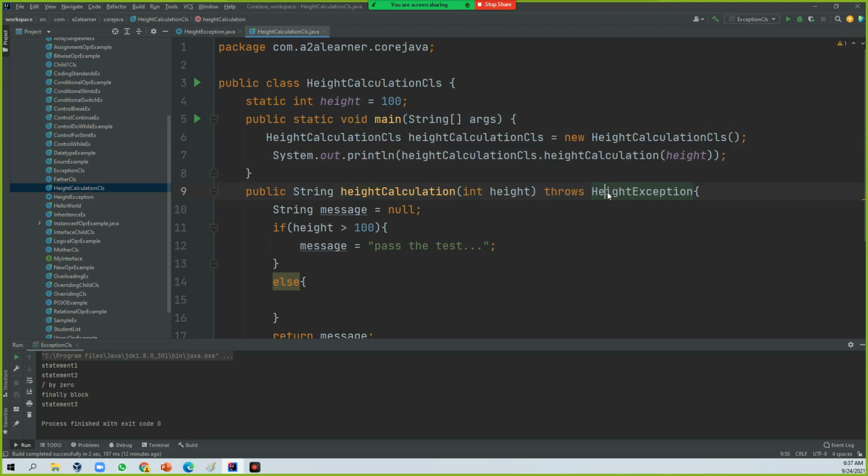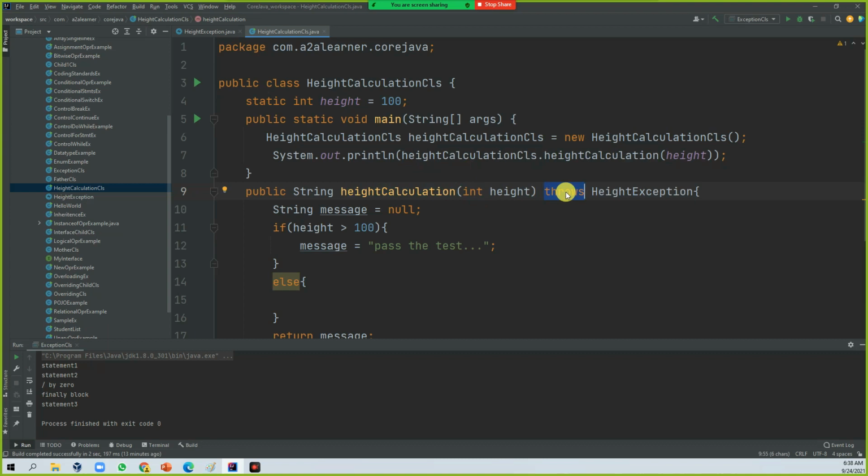Usually these kinds of things will come during compile time itself. So at compile time, usually people will write it this way, throws an exception. At runtime also you can write it, but the main intention of throws is that you are not handling that exception. This method is supposed to handle it, but it is not handling it in this method. Simply it's handing over to the caller. So whoever is calling this one is responsible to, sorry, not print, they should handle that exception. That is the main intention of throws.